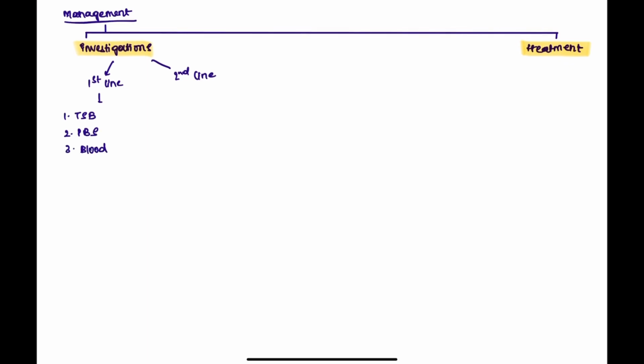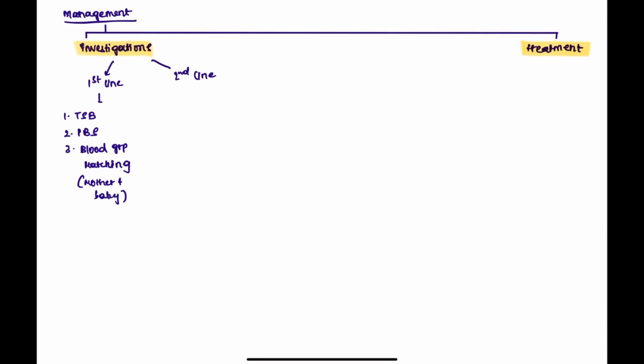So speaking about the management of newborn jaundice, management includes both investigations and treatment. Investigations include both the first line investigations and the second line investigations. So let's see the first line investigations. It includes measurement of total serum bilirubin levels, doing a peripheral blood smear, and matching the blood group of the